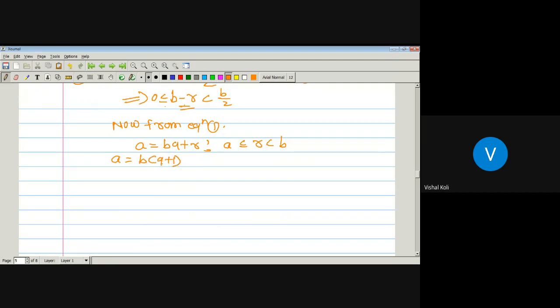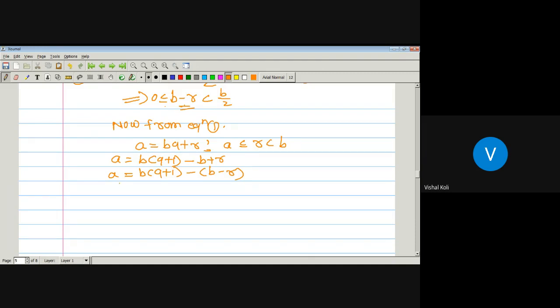It is nothing but BQ plus B. As here there is an extra B, we have to subtract B. So B into Q plus 1 minus B becomes BQ plus B minus B, and plus B minus B cancel. So just here we have BQ, and plus R as it is. So write it as B into Q plus 1, take minus common, then it becomes B minus R. So A is nothing but B into Q plus 1 minus B minus R. BQ plus B minus B, the plus B and minus B get cancelled, so actually A is nothing but BQ plus R.